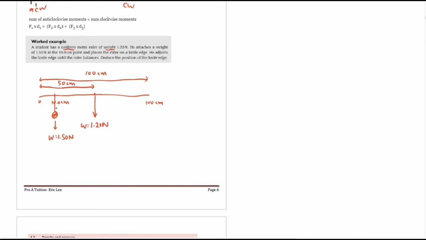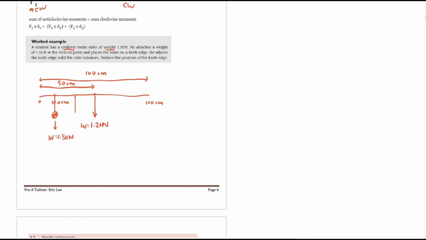Imagine if this is the ruler. If you have an object here, it will make the ruler go down from this side. So you want to balance it, you have to put your knife somewhere here to balance it. You cannot hold your knife upwards there, or else it will bend more this way. So we have to put the knife edge somewhere here